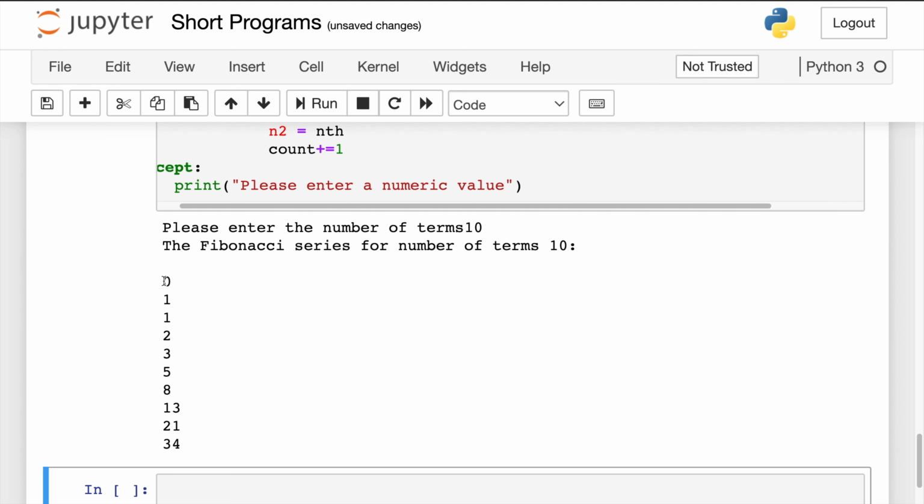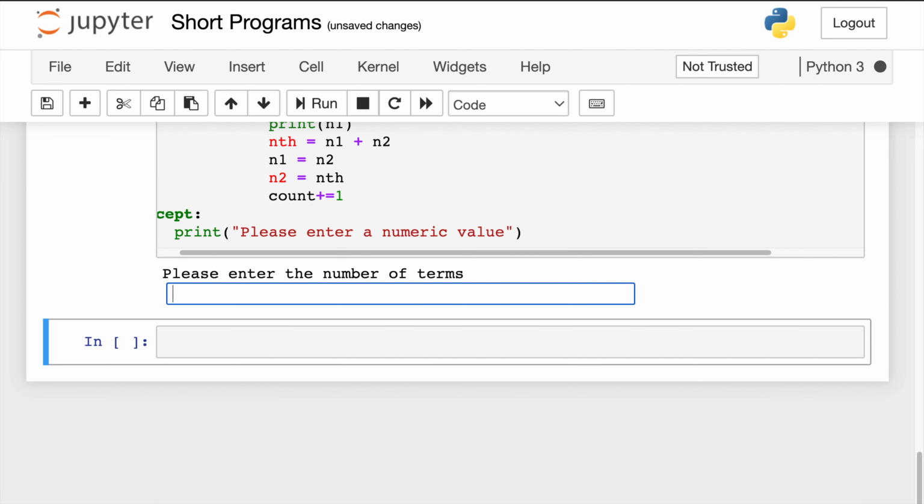To validate, 0 and 1 are the default terms. So 0 plus 1 is the third term, 1 plus 1, 2 is the fourth term, and 2 plus 1, 3 is the fifth term. And accordingly, 3 plus 2, 5; 5 plus 3, 8; 8 plus 5, 13; 13 plus 8, 21; 21 plus 13, 34. So this is how the Fibonacci series gets implemented.